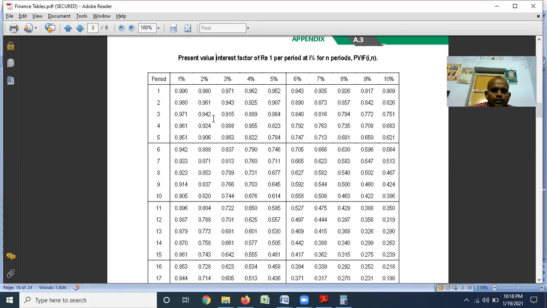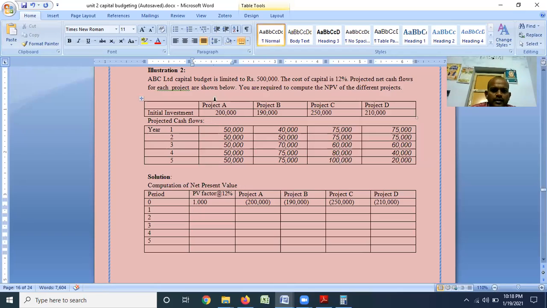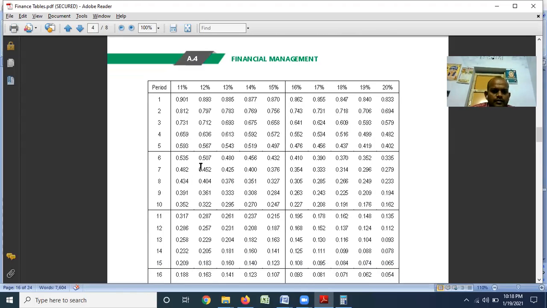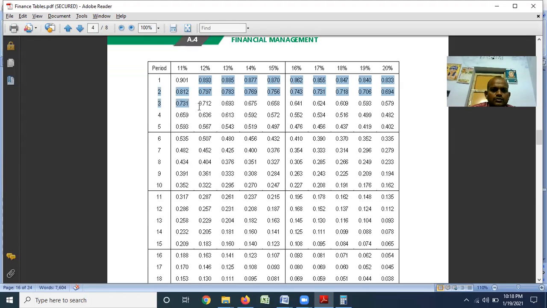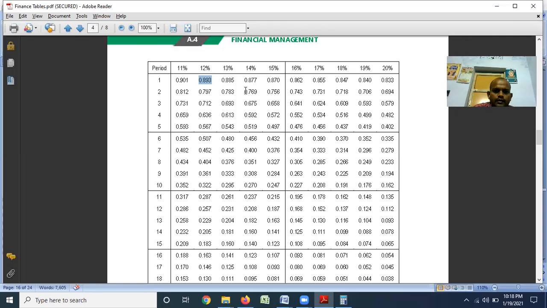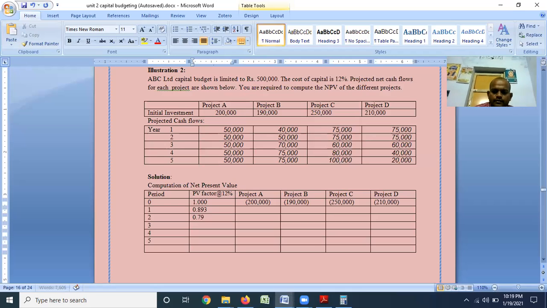The cost of capital is 12%. So these are the present values at 12%. In the year 1, it is 0.893 and 0.797. So these are the present value factors